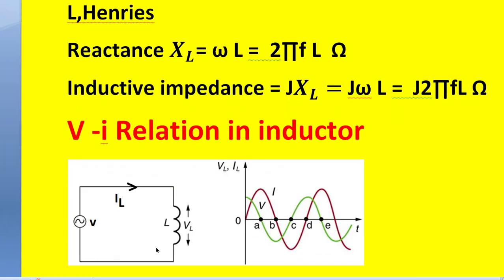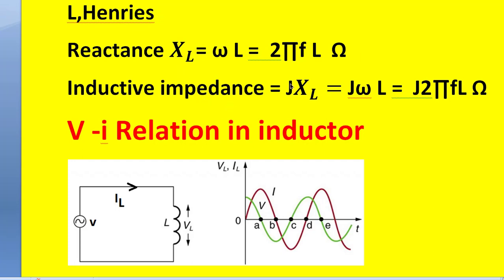when we apply the voltage source like this, V is equal to Vm sin omega t, then its frequency will become omega. So the reactance of the inductance is represented by XL, and that is equal to 2 pi FL. That we can also write as omega into L, and the units for this are ohms. For the inductive reactance, the units are ohms, whereas for inductance, the units are henries.